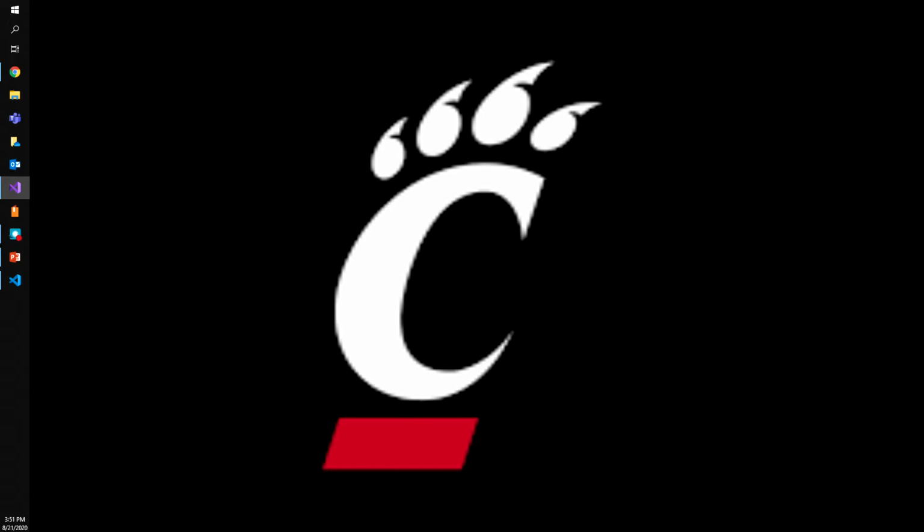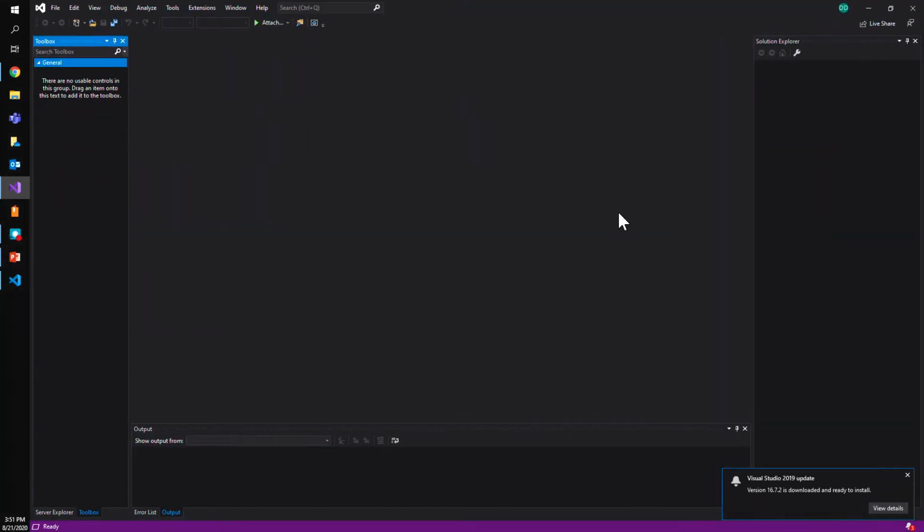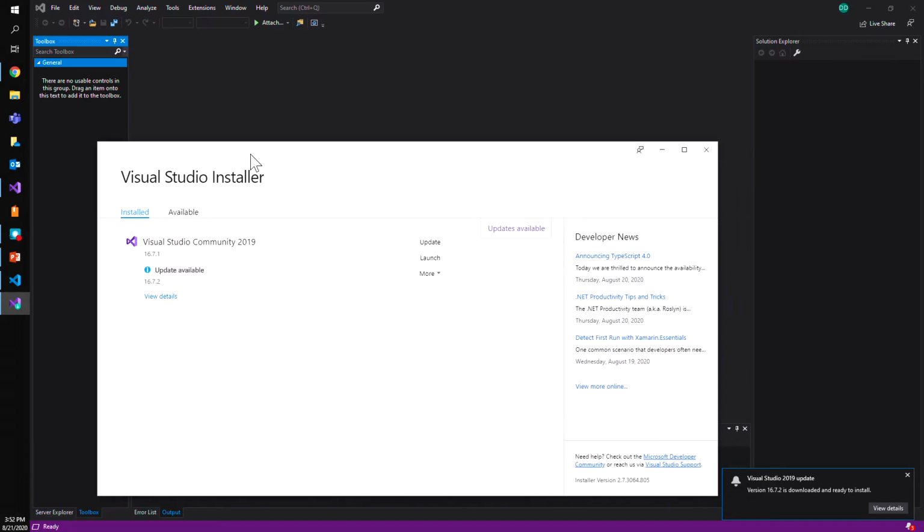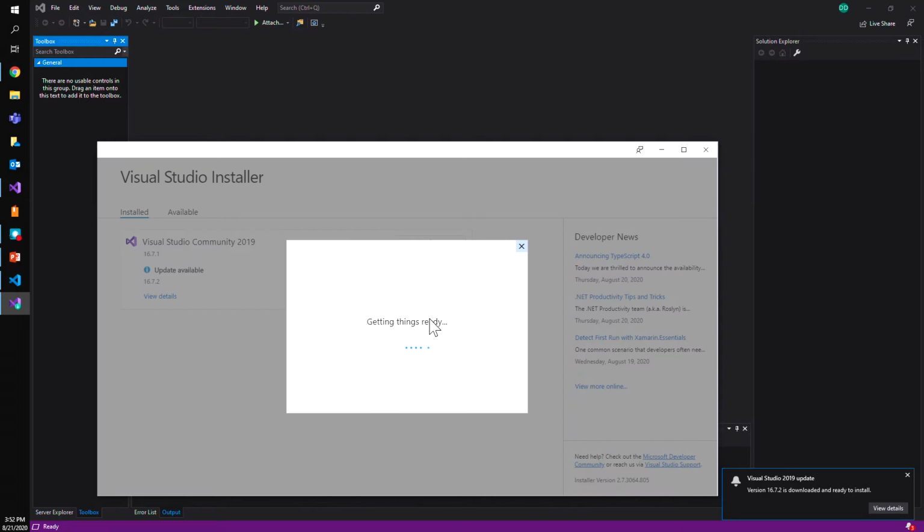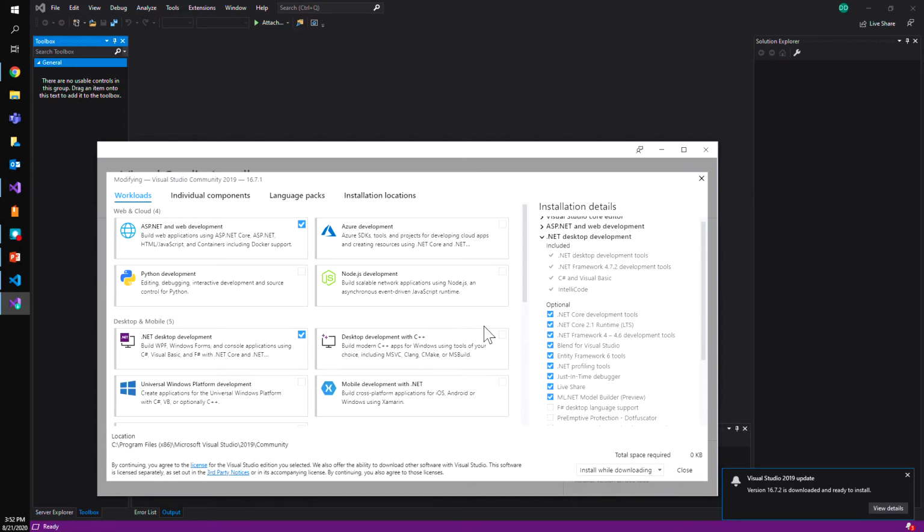in Visual Studio. So here's Visual Studio, and it looks like I need to update it, so I'll be doing that after this video. Let me also open Visual Studio Installer as well to show you what you need to install when you go through the command prompt. So if you go through the prompts, and it might not let me show you until I update. Let me try to modify, see if it'll let me modify. Okay, and it will, sweet. Okay, so